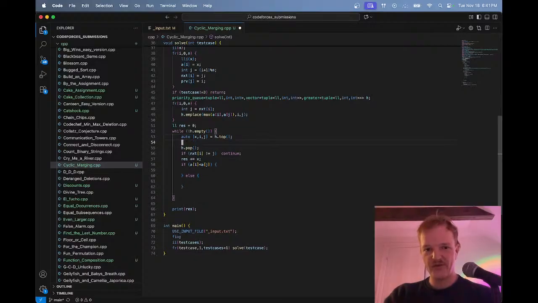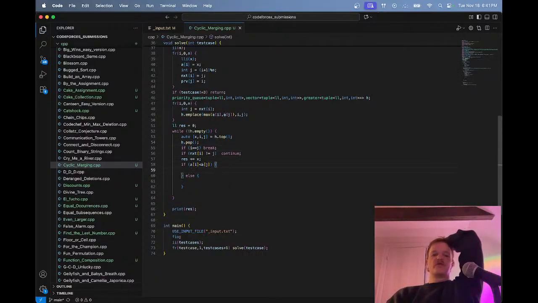I think I kind of just want to say, like, if I equals J, break. Because the way I've set this up, they will kind of infinitely go. Which means h.empty will probably never go through, but I'm not going to think about that. If A at I is less than A at J,